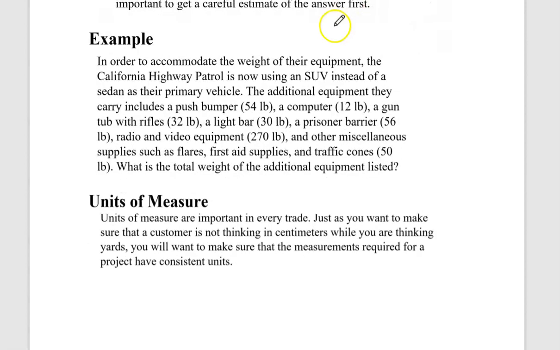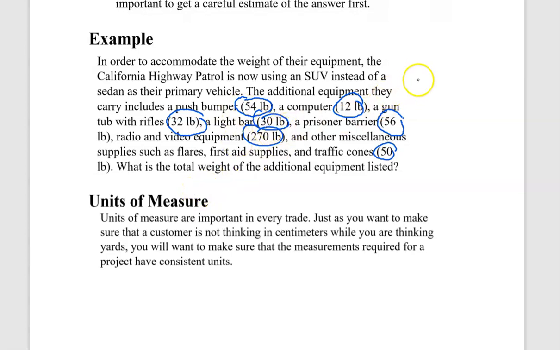Okay, in order to accommodate the weight of their vehicle, the California Highway Patrol is now using an SUV instead of a sedan as their primary vehicle. So they've added some equipment. They've got a 54-pound push bumper, a 12-pound computer. They've got a tub that carries their rifles, and the rifles weigh 32 pounds, a light bar, a prisoner barrier, video equipment, and some traffic cones and some other supplies. So